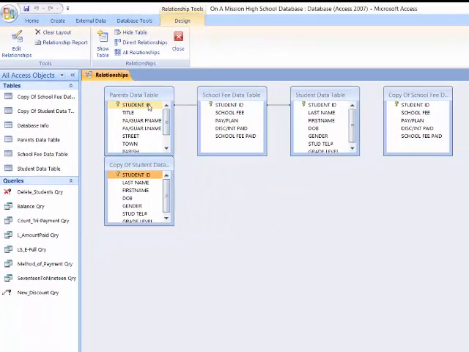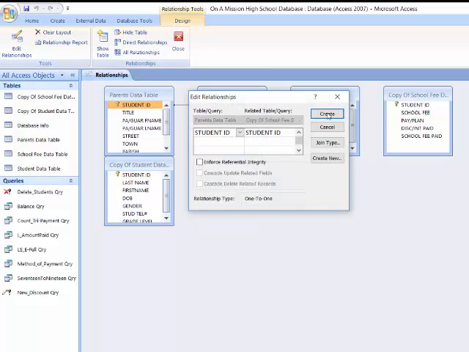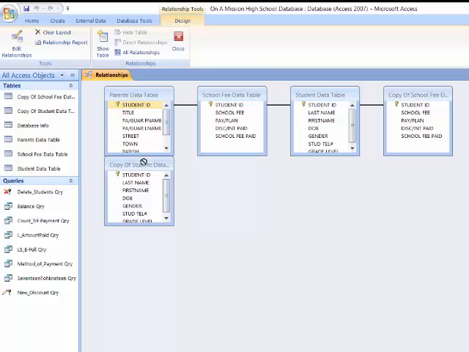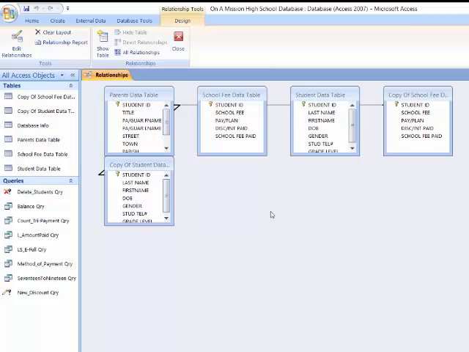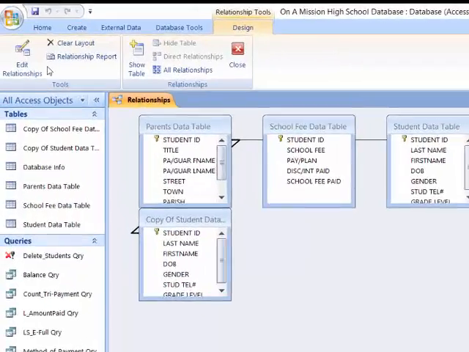Now I'm going to choose to use student ID, which is the best field to use to create our relationship. So I can choose from any one of these. So I'm going to create the relationship here. So I have my relationships. Good. Now let's save